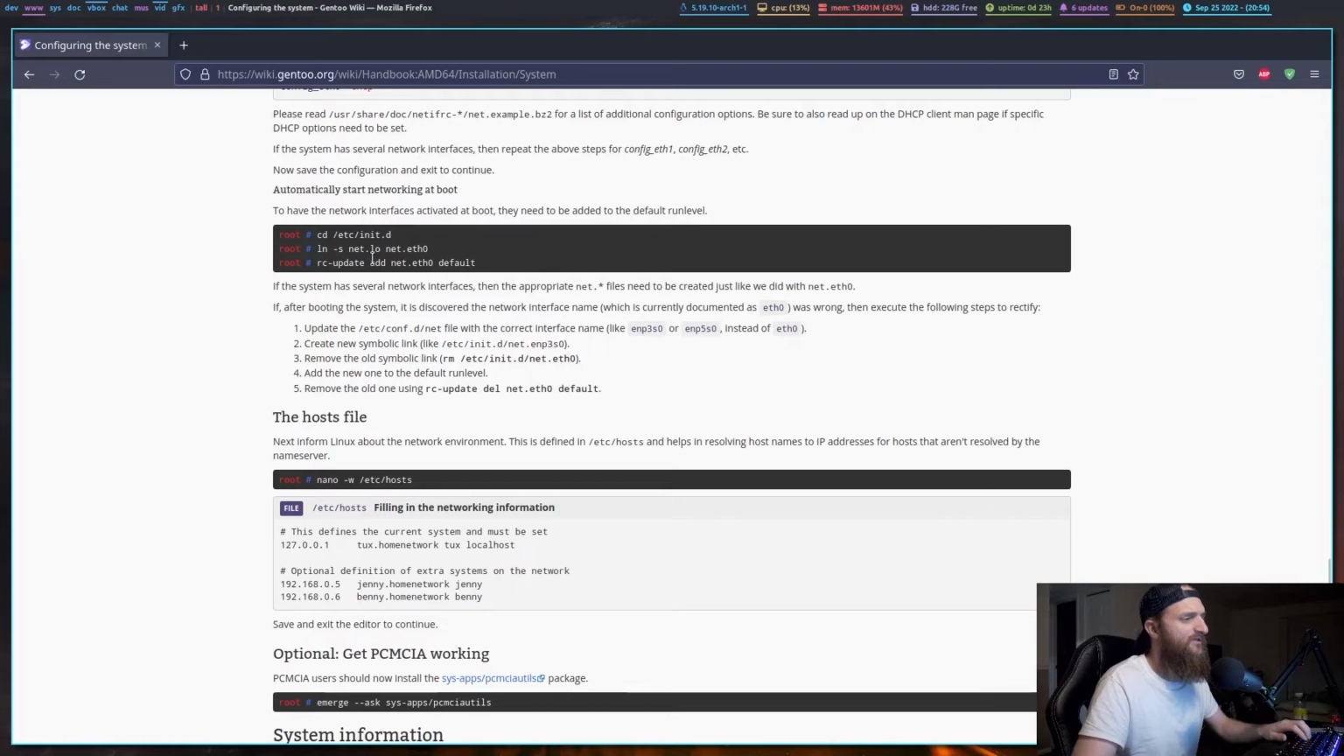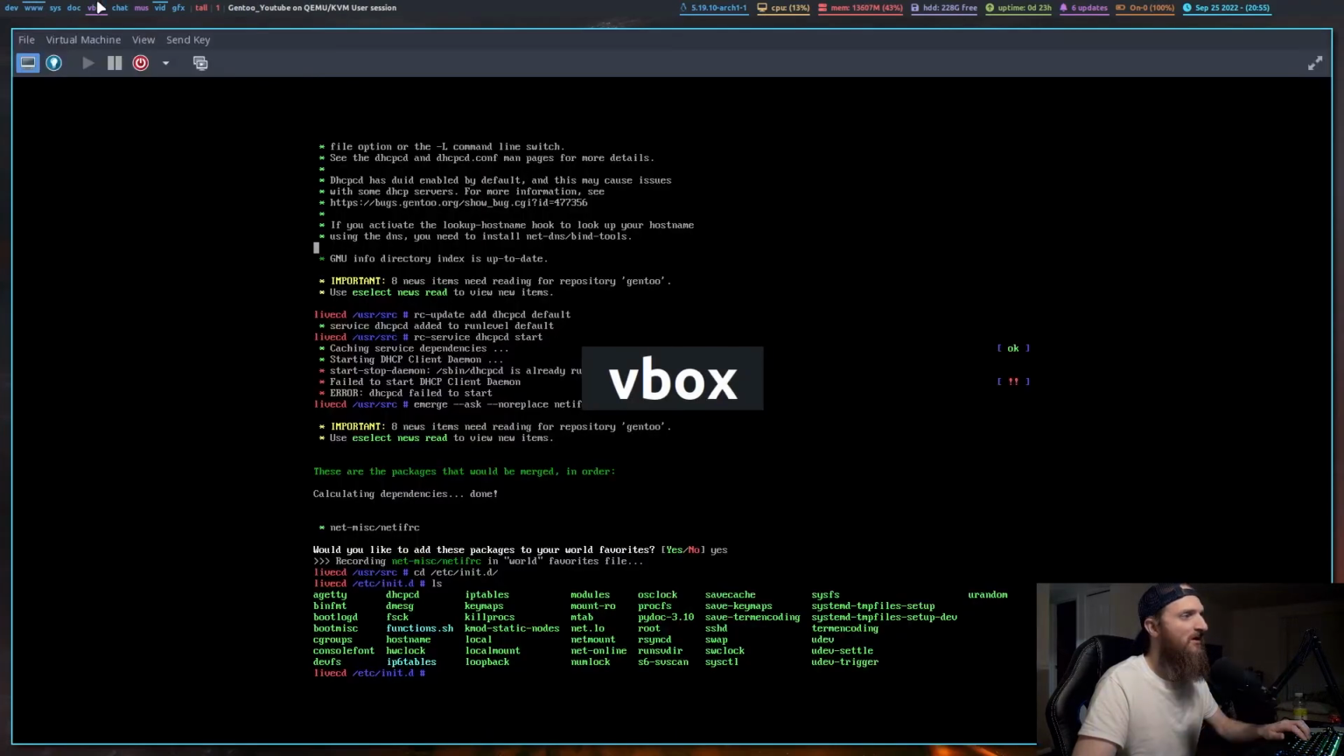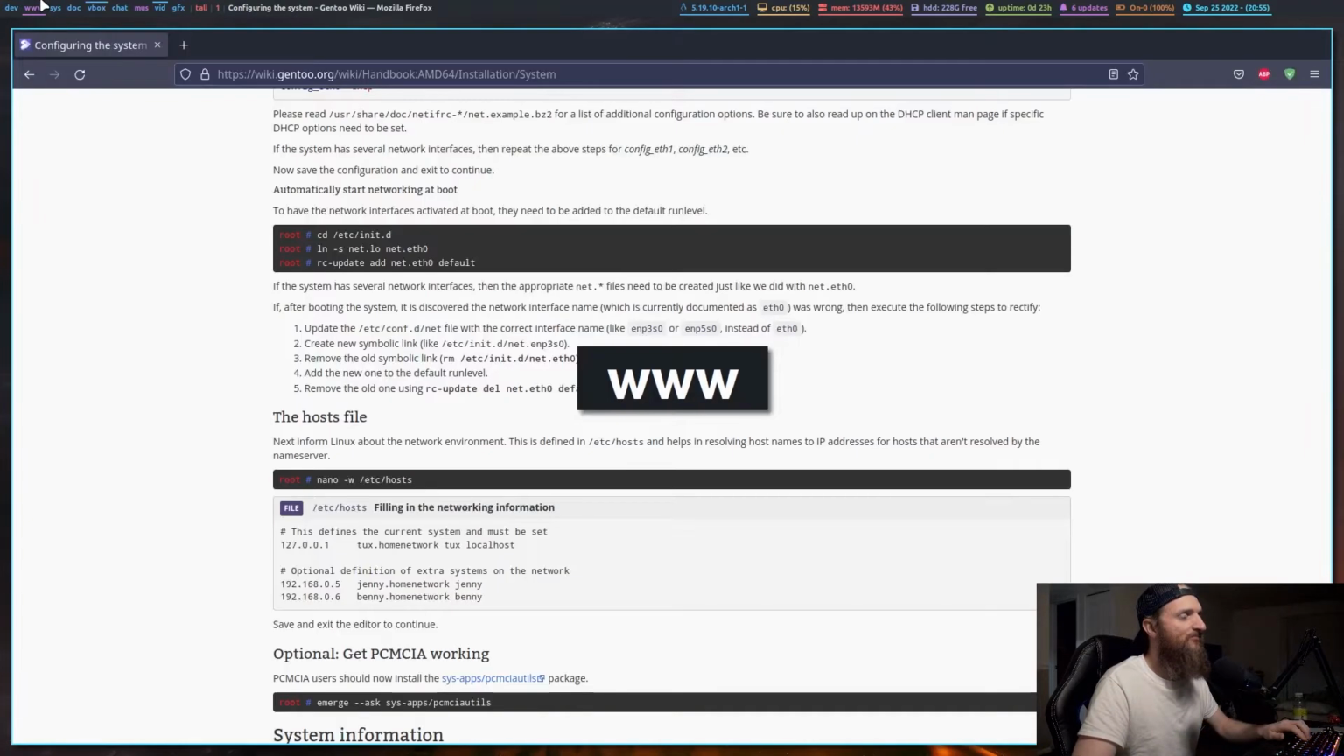So the way we do this is we cd into /etc/init.d, and then we ln -s. That's how you make a symbolic link, and we link net.lo to our actual Ethernet card or device. Now, before we do this, I want to explain that this net.eth0,